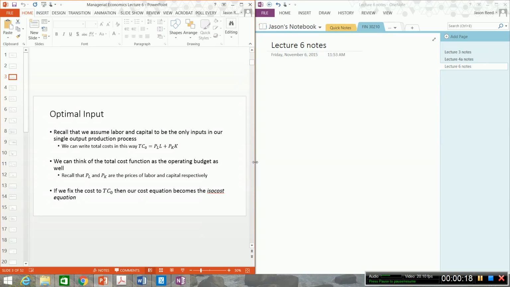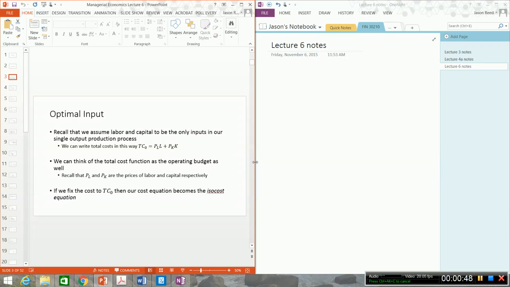So the first thing that we want to talk about in this lecture is the idea of optimal inputs. We recall that we assume labor and capital to be the only inputs in our single output production process. This in no way limits us to only labor and capital. We could include other inputs in our process, but we tend to just stick with this. We need a baseline to compare other